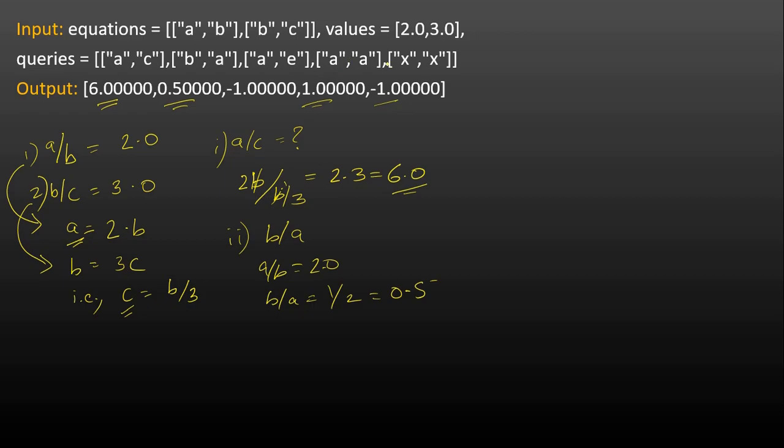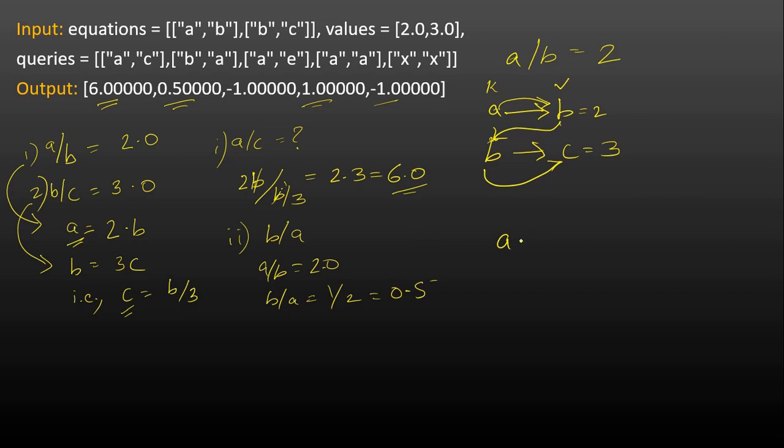So if you see here, the pattern that we have is a by b equals 2. This is something that is provided to us. If I store this in a kind of map, I say that a to b, the value equals 2. So this will be my key and this will be my value. The value is again a kind of hash map. So let's say the next equation is b to c, so b to c equals 3.0. Now if I want to find a to c, I can go from a to b and then from b to c.